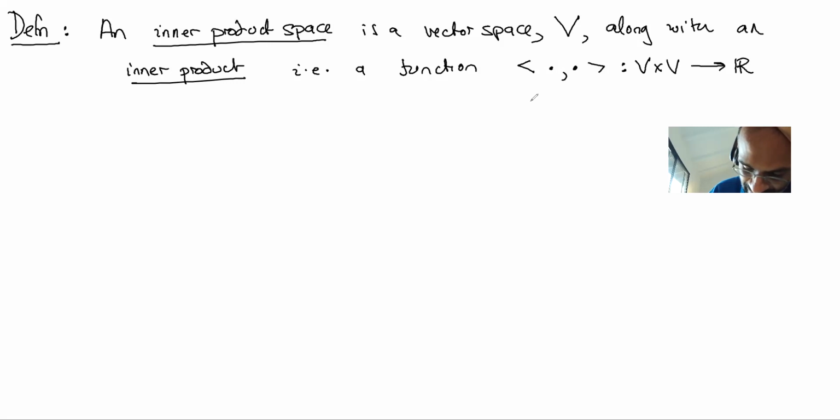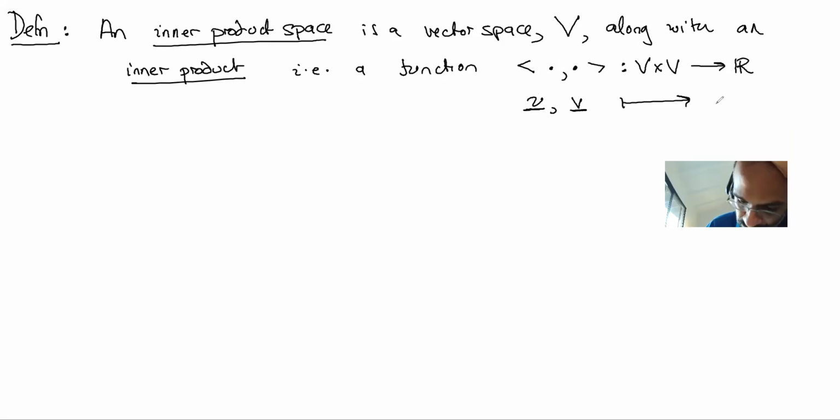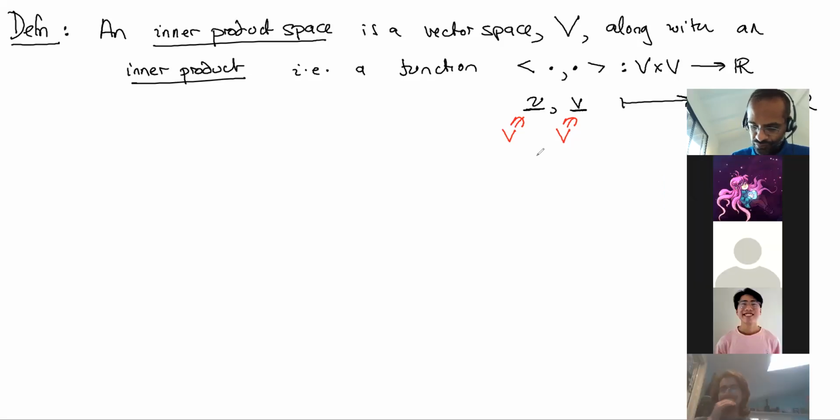What that means is it takes a pair of vectors u and v in the vector space and maps them to the inner product of u and v, which is a real number. So these live in the vector space. So it's a function that takes two